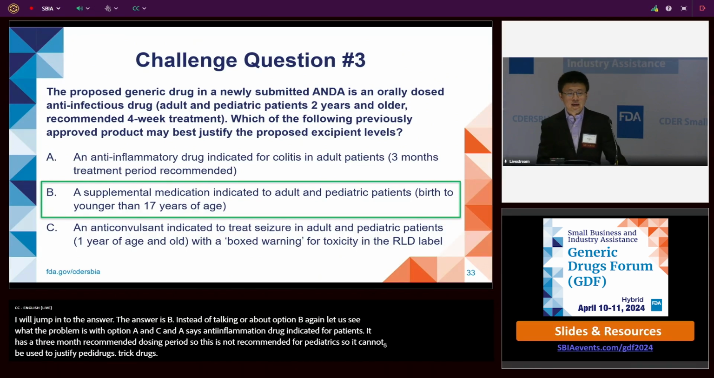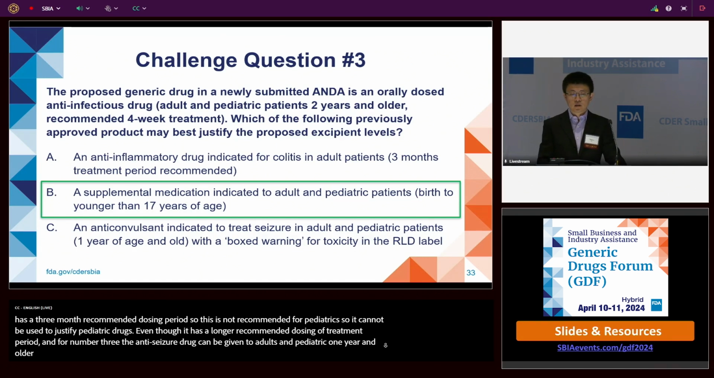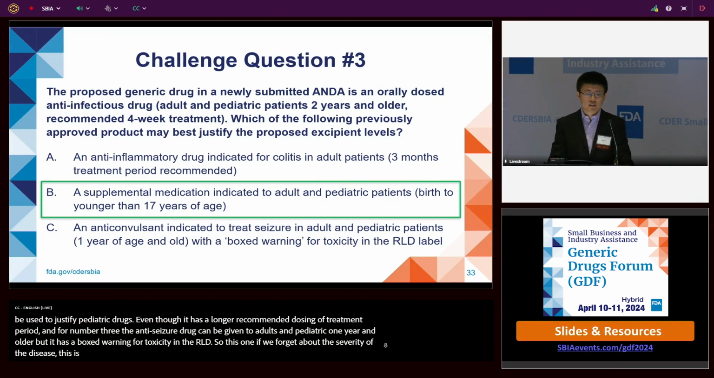And for option C, an anti-seizure drug that can be given to grown-ups and pediatrics 1 year and older, but it has a boxed warning for toxicity in the RLD. So if we forget about the severity of the disease, this is an acceptable justification. However, if we do consider the severity of the disease these two drugs are treating,